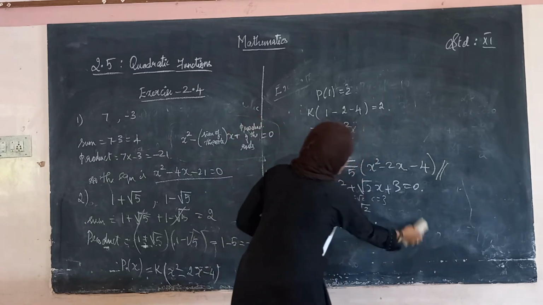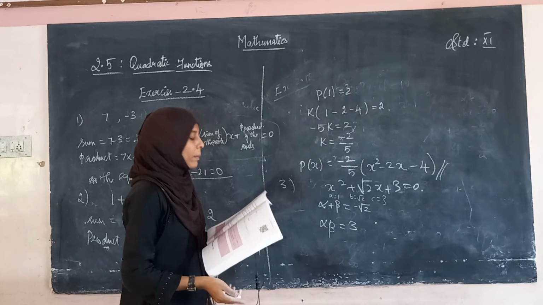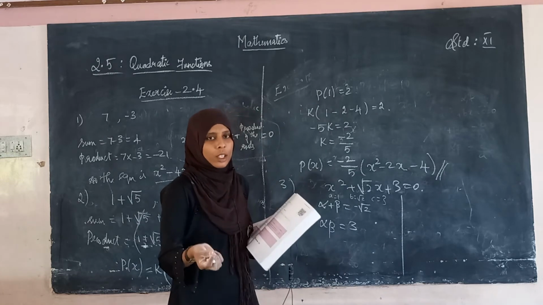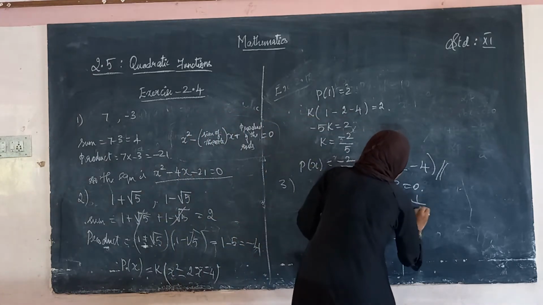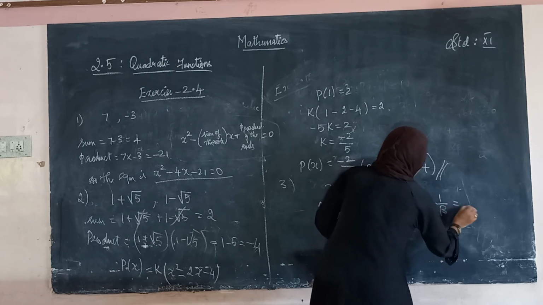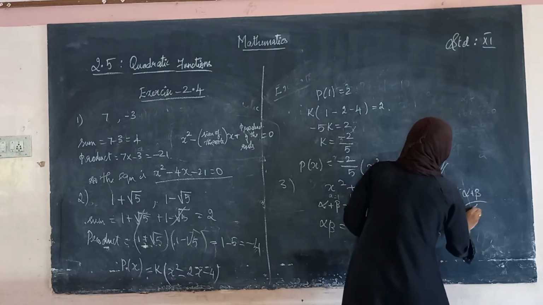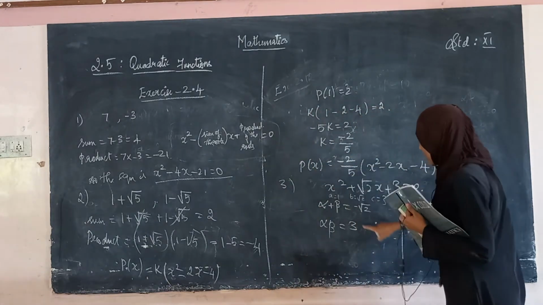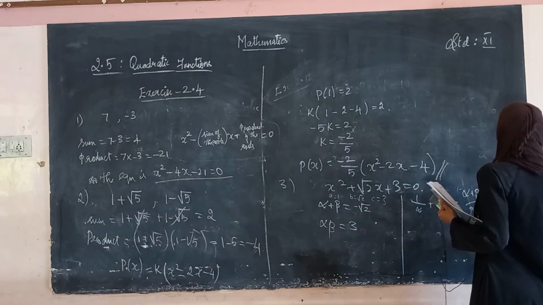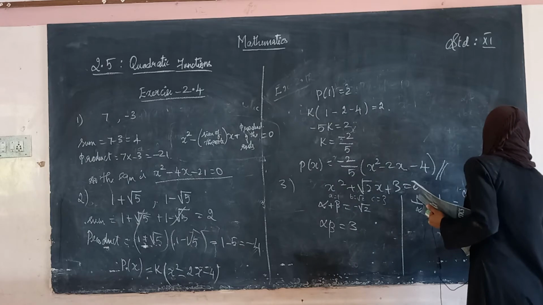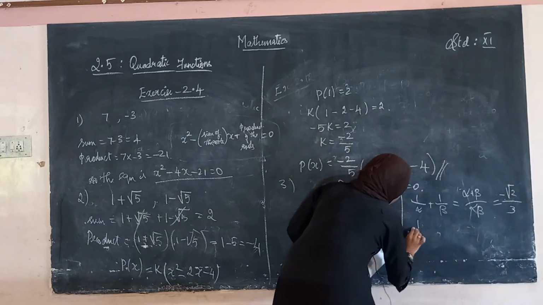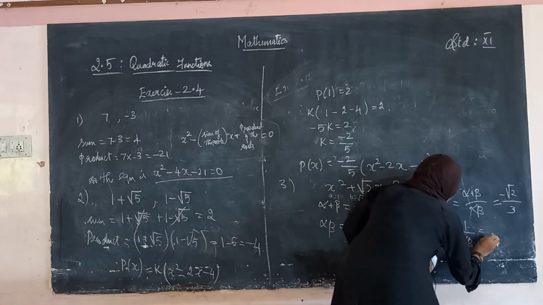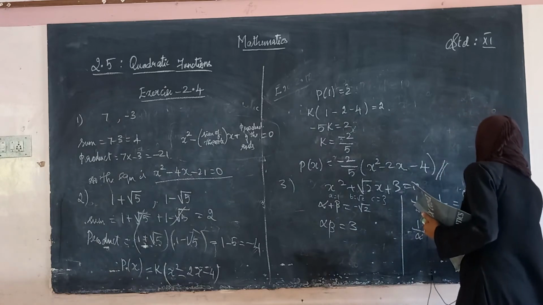Okay, now we have to find the quadratic equation whose roots are 1 by alpha and 1 by beta. So, for finding the quadratic equation, we have to find the sum of the roots and product of the roots. The roots are 1 by alpha and 1 by beta. Therefore 1 by alpha plus 1 by beta, on taking LCM, is equal to alpha plus beta divided by alpha beta. What's the value of alpha plus beta? Minus root 2. Minus root 2 divided by alpha beta, which is 3. And the product of the roots is 1 by alpha into 1 by beta, which is equal to 1 by alpha beta, which is 1 divided by 3.